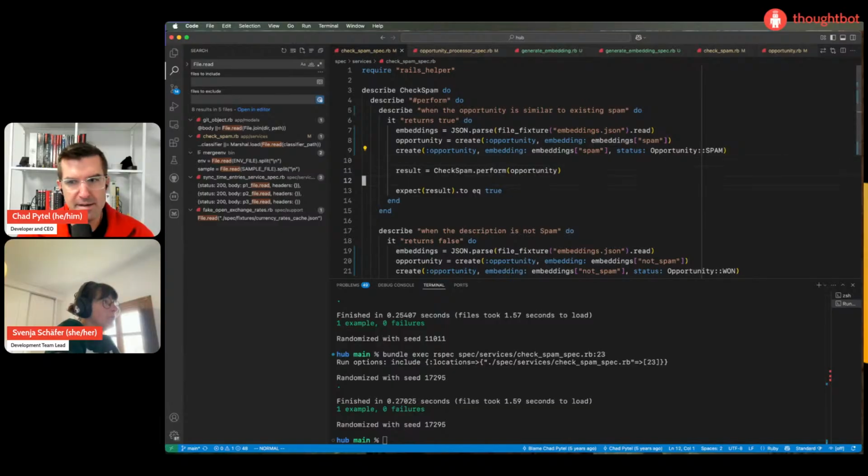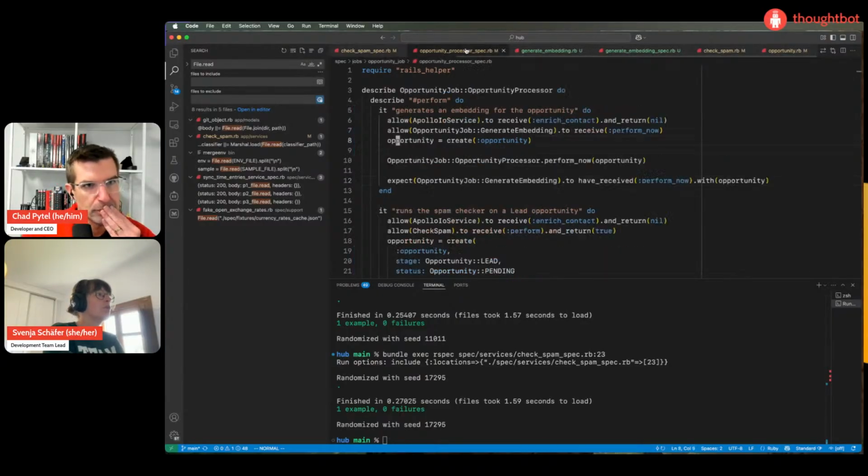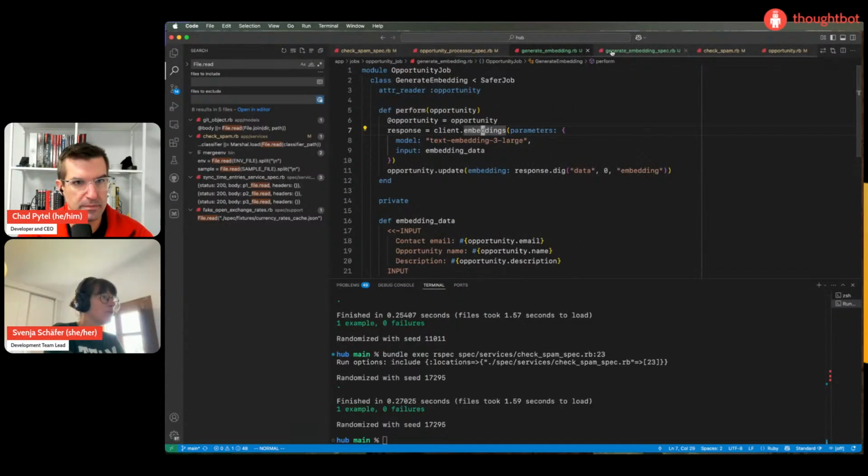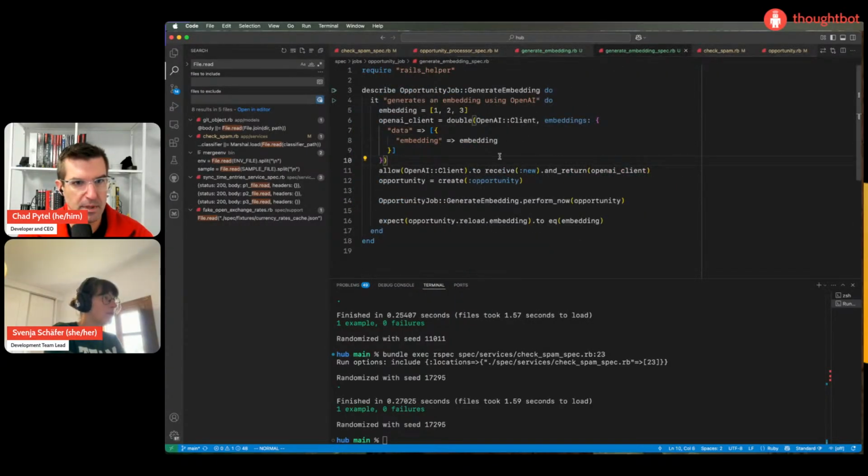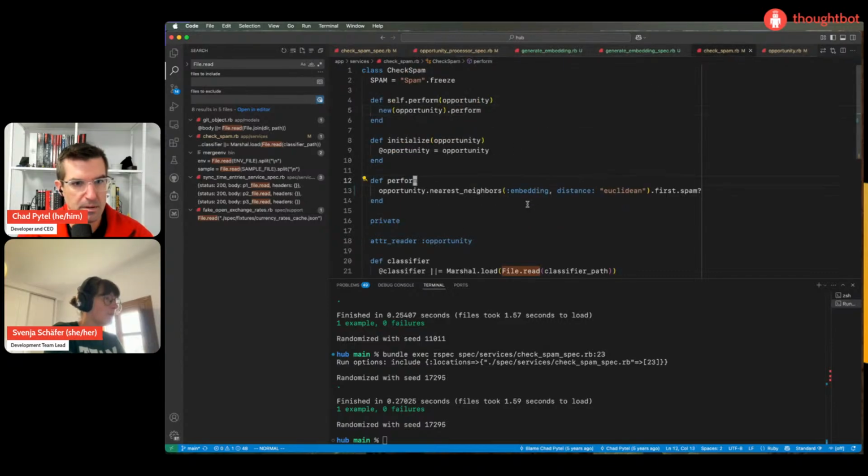Okay. So we generate embeddings. We did not set a threshold because we run it on all.